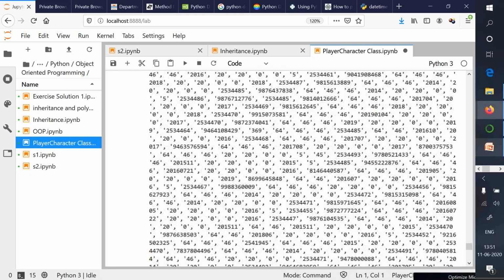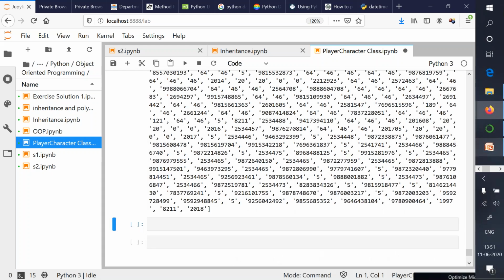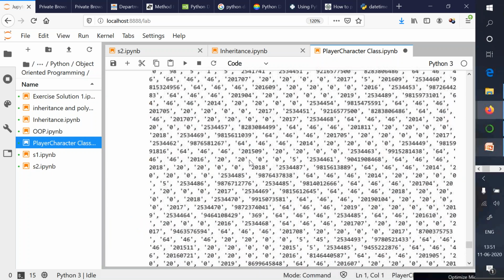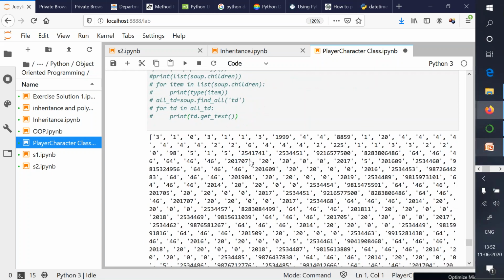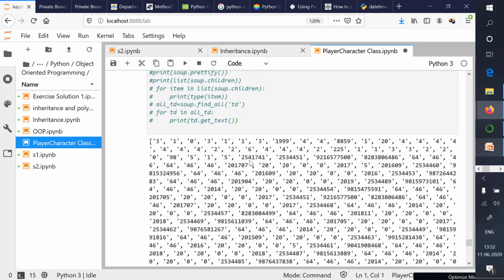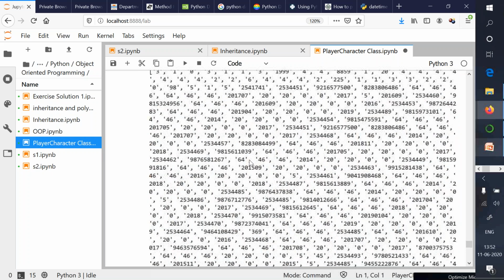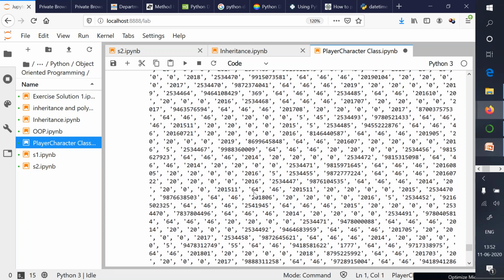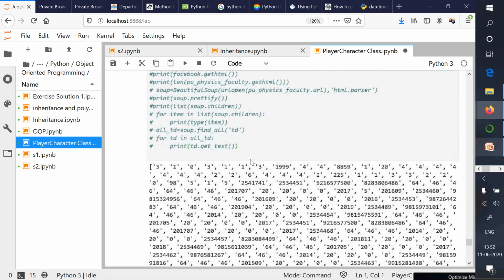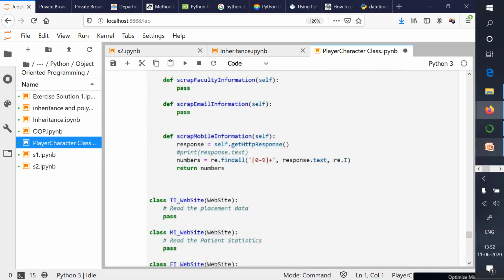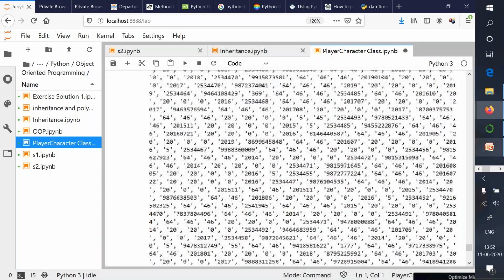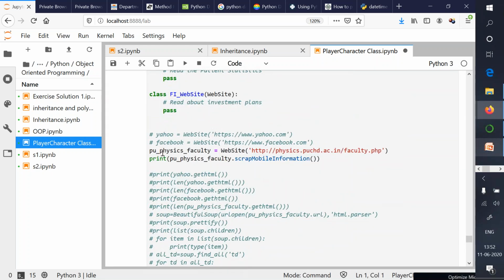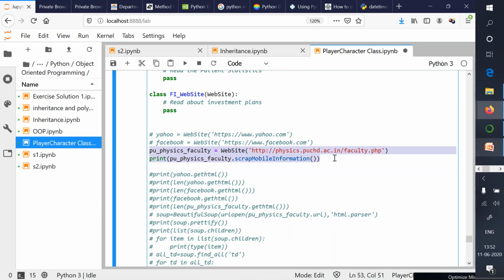So you'll see now we are able to extract these numbers from the website. Obviously, if the number is 10 digits, that means that is a mobile or contact number. So you can further process this list, find the entries which are exactly 10 digits long, go ahead for their uniqueness, and then ultimately you will drill down to the actual mobile numbers. So this is just a brief idea how information can be scrapped with the help of regular expression from a website. So I'll make these things comments now.